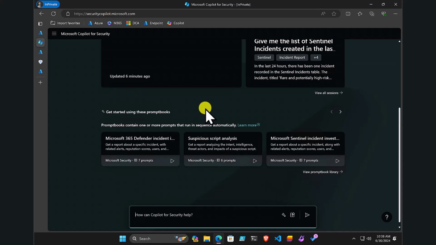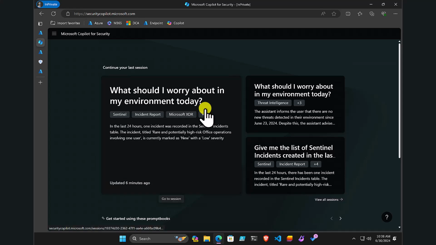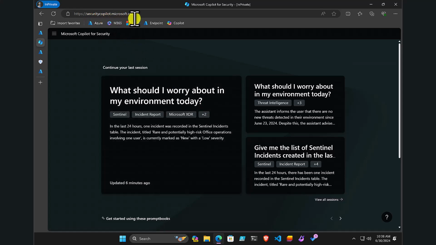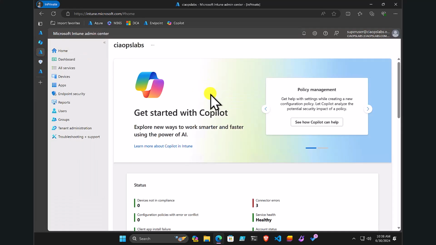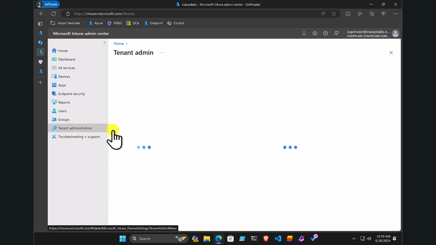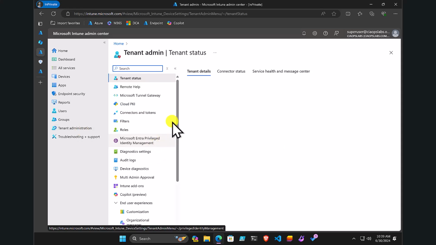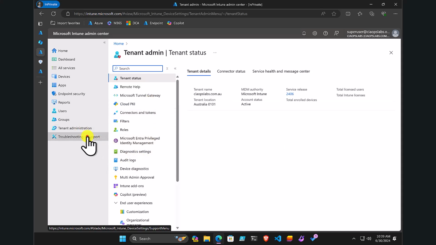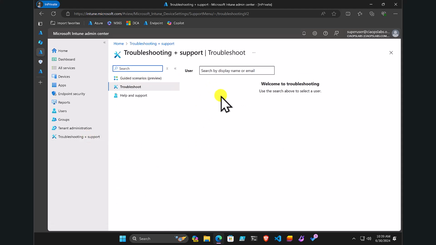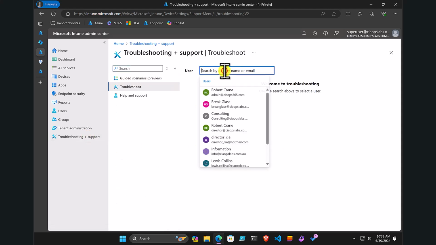Now, Security Copilot doesn't only just appear in the chat interface here in securitycopilot.microsoft.com. It appears in a number of other places throughout the Microsoft environment. One of the places it does appear once enabled is inside Intune. So the best example here is if I go into tenant administration here, and then I go into troubleshooting and I go in and search for a user,